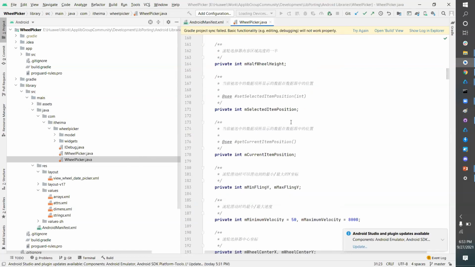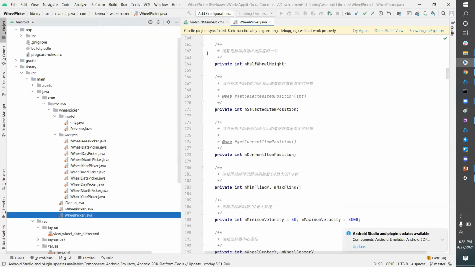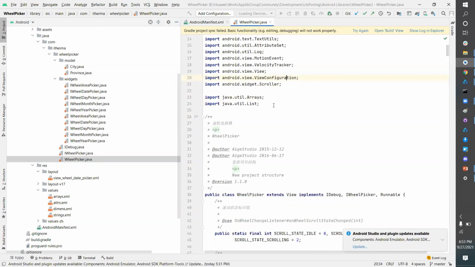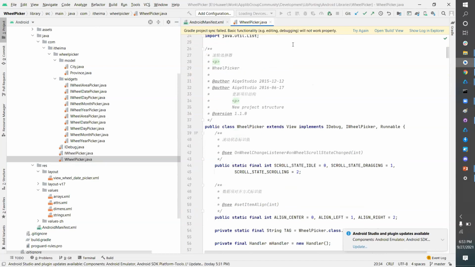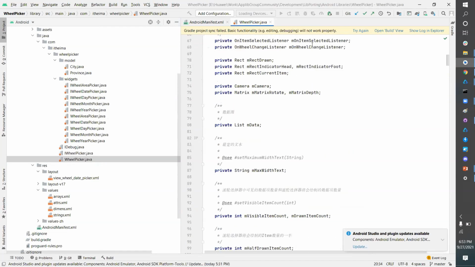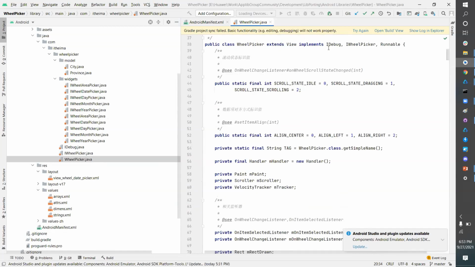Let's see all the imports done over here, and what all classes it has imported or extended. We see that this is the default View, which is a predefined class from the SDK itself. But IWheelPicker is some custom class.